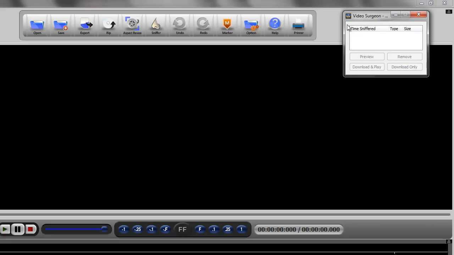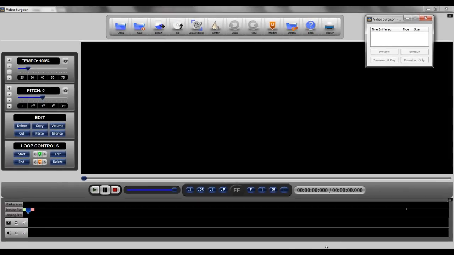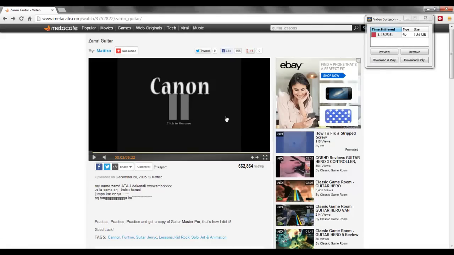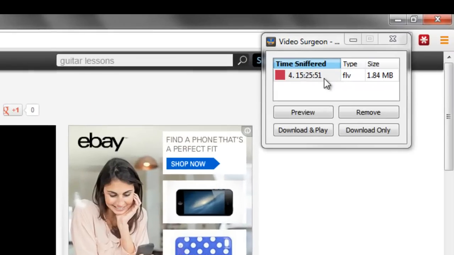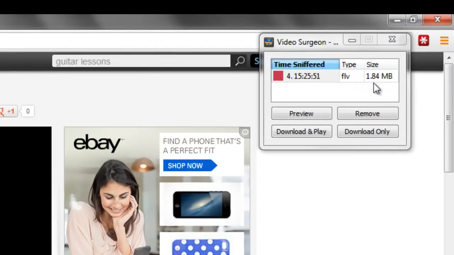And again, this is the main sniffer as we call it. We go to any particular site, and once we start a video playing, then what happens is that it detects a link of that video in this little sniffer module, and it tells you the file type and it tells you the size of the video. And once it has populated a link, and it can have more than one in here at once, then you simply select the link by clicking on it,